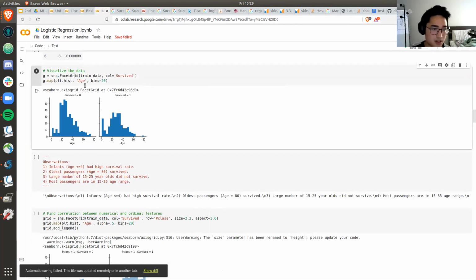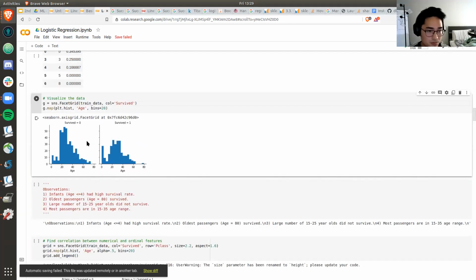Basically, Seaborn allows you to plot a histogram. FacetGrid takes in the data and finds the column Survived. Then it makes a histogram using matplotlib, with age as your independent variable, or your x on the x-axis.